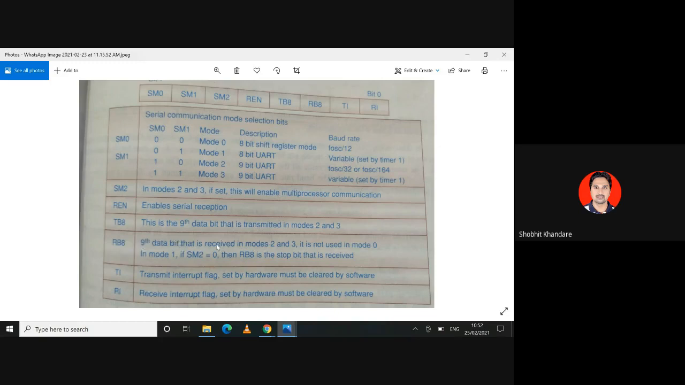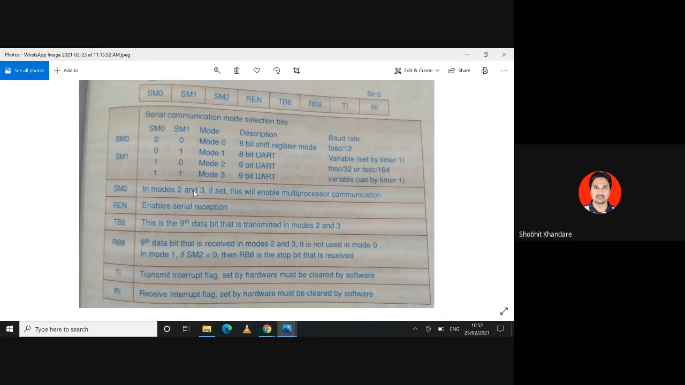9th data bit that is received in mod 2 and mod 3. अभी सिर्फ मैं बताऊंगा आपको, ये मॉड 2 और मॉड 3 दिख रहा है ना आपको, इसका डिस्क्रिप्शन देखो। मॉड 0, मॉड 1 8 बिट, बाकी की चीजें छोड़ दो। मॉड 2, मॉड 3 9 बिट। सो मॉड 2 और 3 की जब बात आती है तो आपको पता है 1 बाइट consist of 8 बिट्स, लेकिन ये 9 बिट है। तो जो नाइन्थ वाला बिट है, RB8, R for receive bit, RB8।